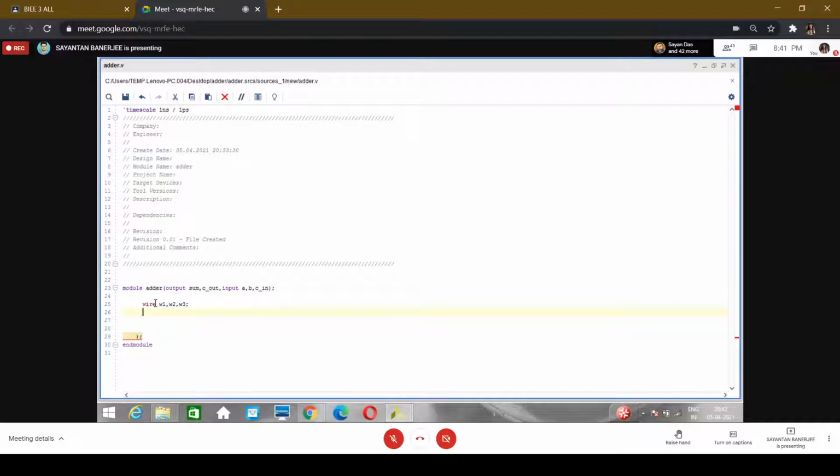Then we have a XOR gate. The XOR gate takes the three inputs and gives our output.